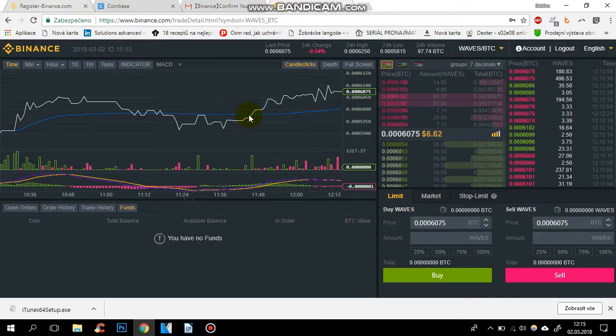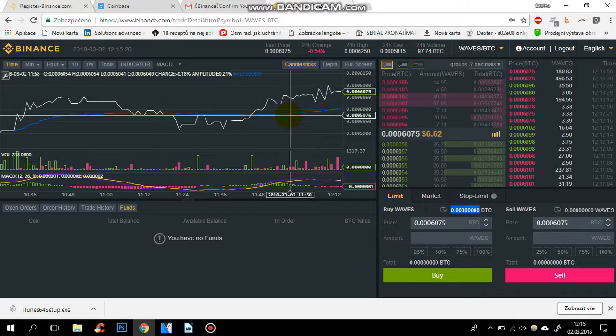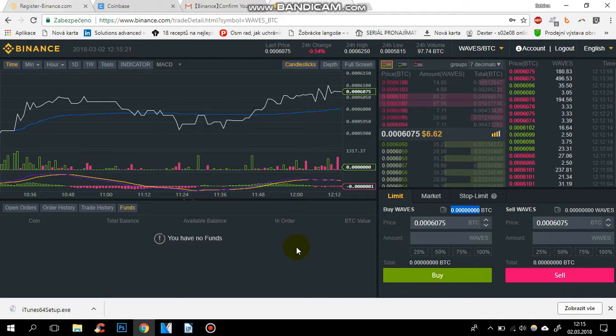And in the right bottom part you can see again the same trading interface where you can buy or sell Waves now. Anyway, as you see, it tells me again that I have no funds in my account, so I will have to load some. But Binance